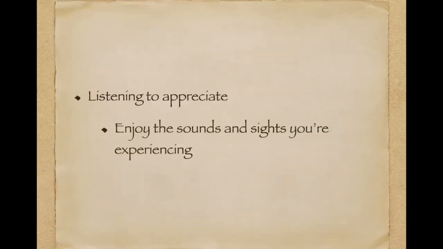When we listen to appreciate, life becomes really easy, since the only goal we have is simply to enjoy the sounds. The easiest example would be when you listen to music. You are not trying to discern a song or to analyze it. You just enjoy the music and its melody. Another example would be listening to a close friend telling you a joke or a funny story.